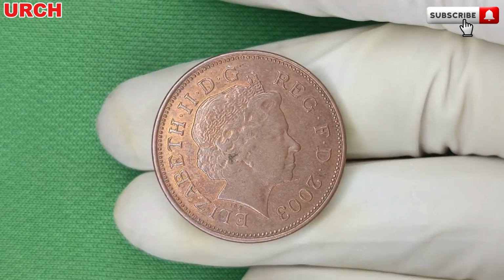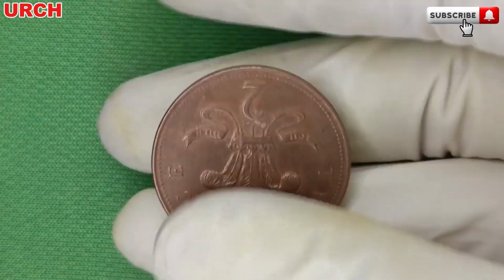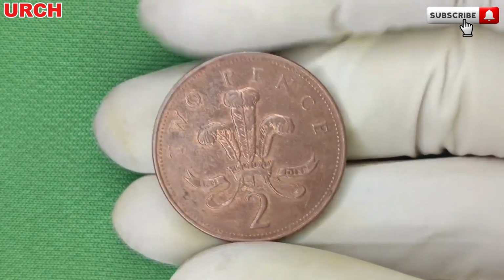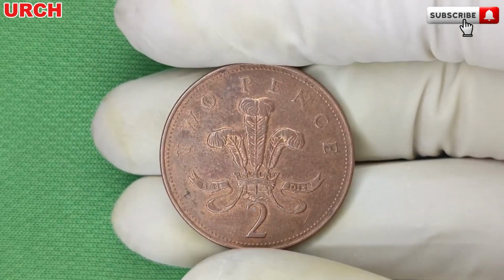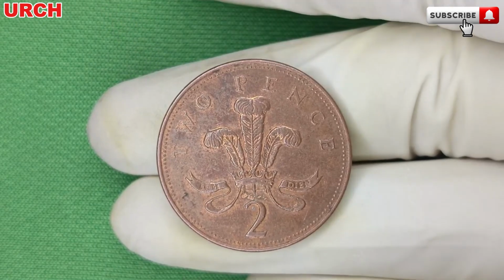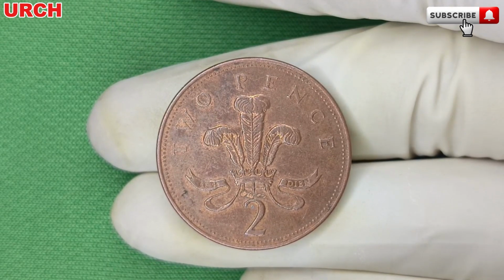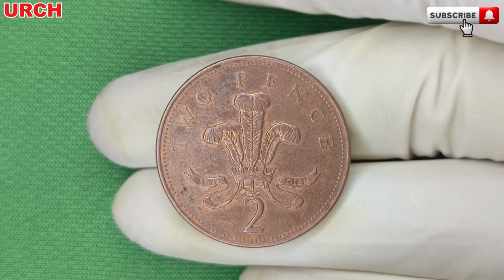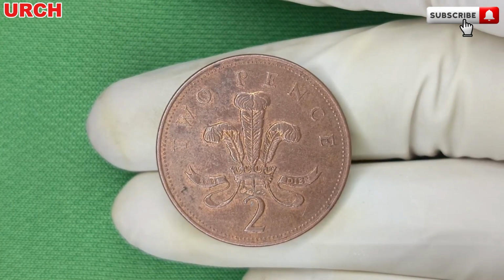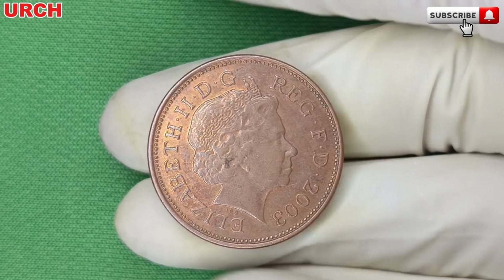Unlike previous, more idealized versions, Rank Broadley chose to portray the Queen with honesty and grace, capturing the natural signs of age that come with decades of service. Her tiara, known as the Girls of Great Britain and Ireland tiara, rests elegantly atop her head, connecting this coin directly to royal history. Flip the coin over, and you'll see the reverse, a design that harks back to centuries